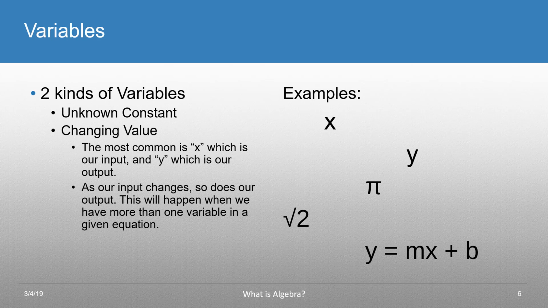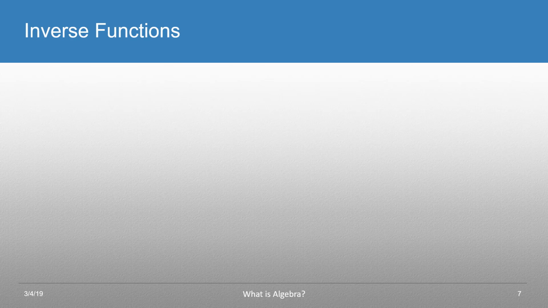Hence, we have an input and an output, and this relationship will happen whenever we have an equation that has more than one variable in it. And x and y are the typical changing values that we're going to talk about. And so we're going to be transitioning from just equations to functions, and it's going to get a little bit complicated, but with that idea of variables and the two different definitions of variables, hopefully it helps you make that transition. All right, then the next one is inverse functions,